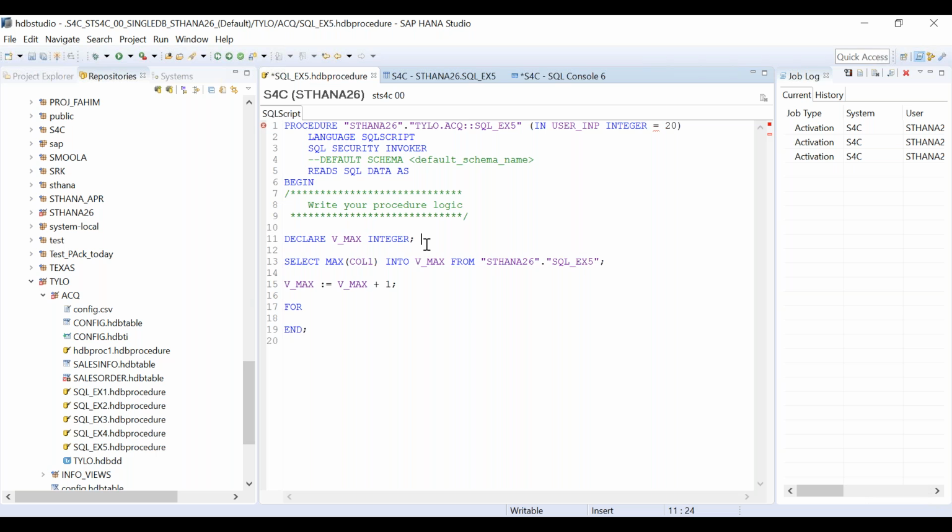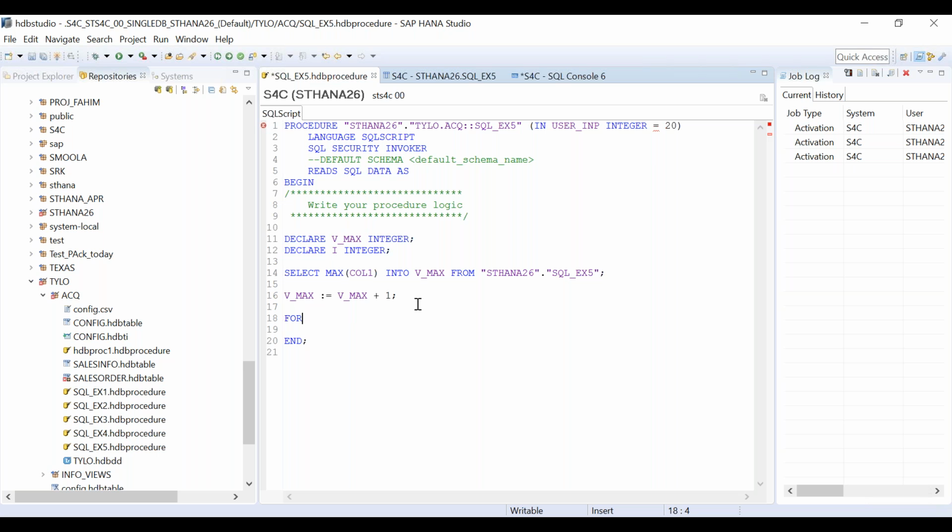For that, declare I integer. So I is going to be my iterative variable. So I in, it should start from which value? 1, and it should go to which value? Till the user input value.